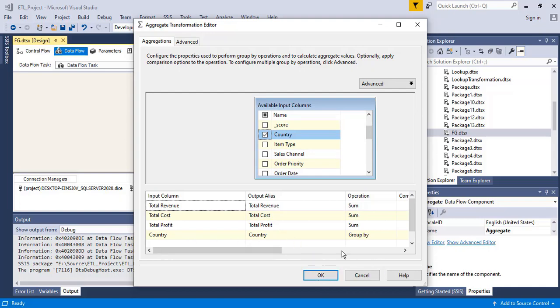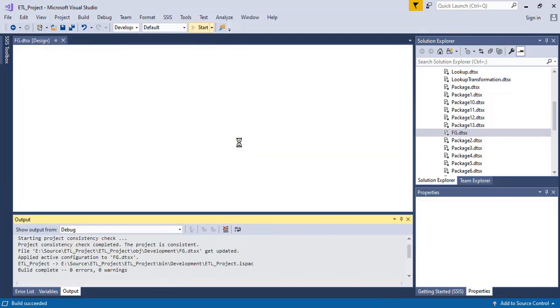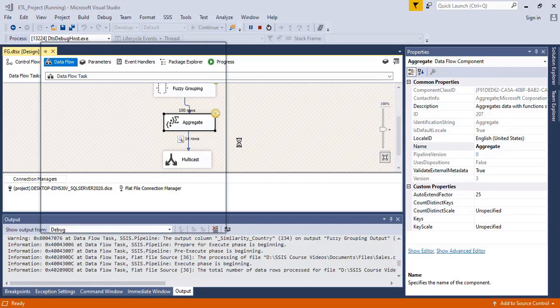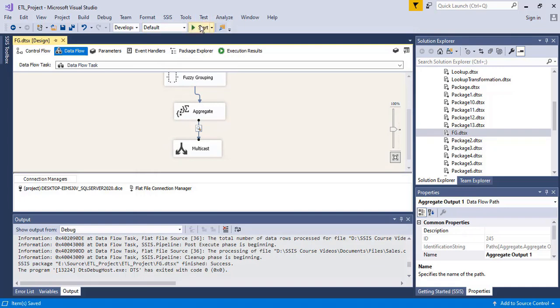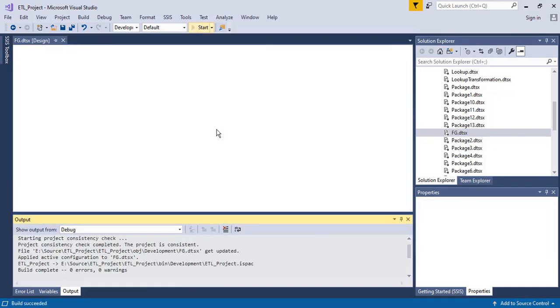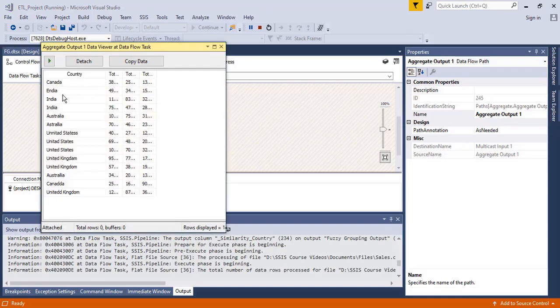Okay, now group by country. Now you're going to see values will be incorrect. Look, this contains the incorrect values. Look, Canada is repeating twice, multiple times. I'm getting the incorrect result.